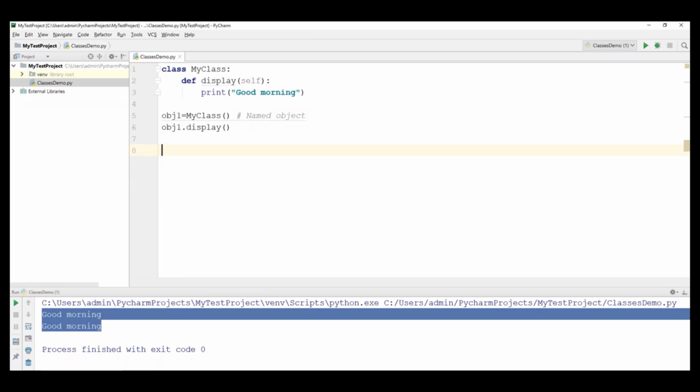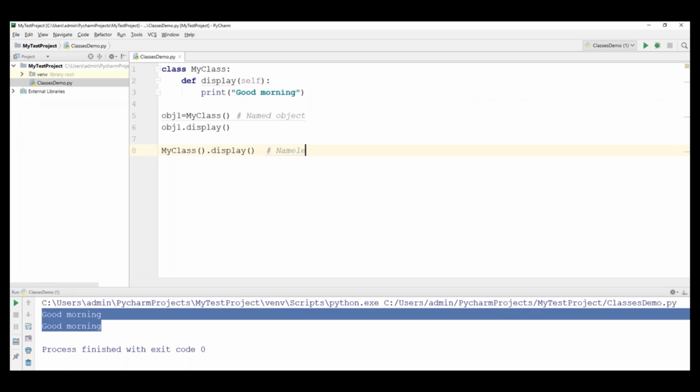Suppose I create an object, but we don't specify any name here. Let us say MyClass is actually an object. Here I haven't specified any name, right? And directly I can call the display method. If I don't create any reference variable for that particular object, that is called a nameless object. This concept is there in Java also.